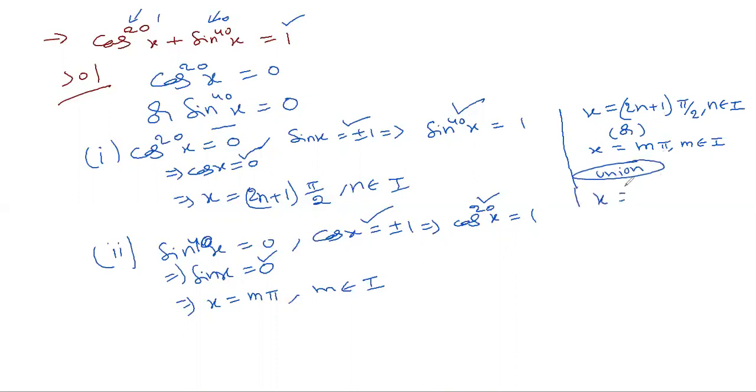So if you consider the union, you can see here odd multiples of 90. Here multiples of 180 means even multiples of 90 we can take. Why? Because m pi can be written as 2m times pi by 2. You can see now these are even multiples of 90, these are odd multiples of 90. So finally we can write every multiple of 90, k belongs to integers. So you can see the final answer will be this. This is the final answer. Once go through the solution. Next problem.